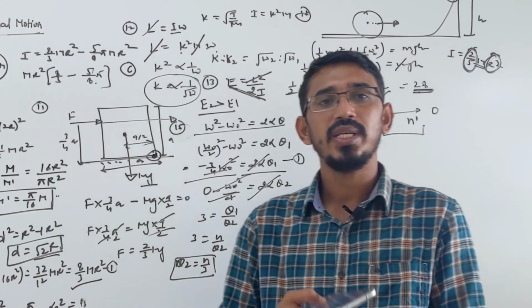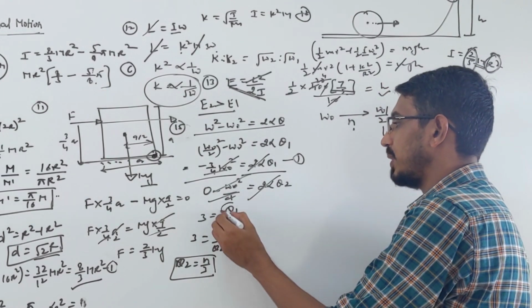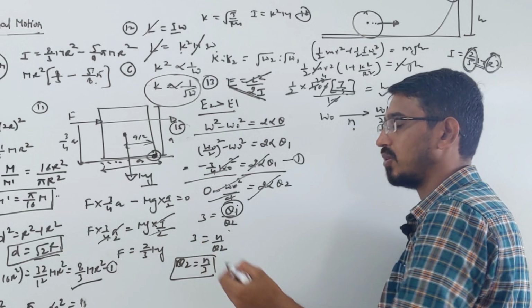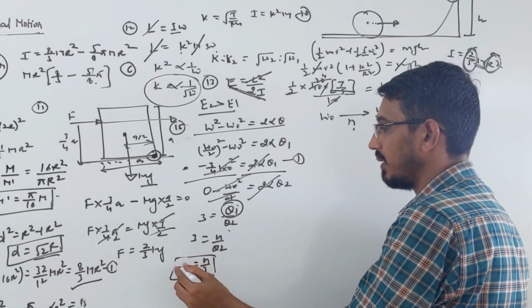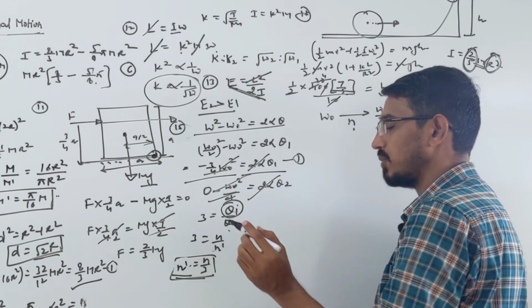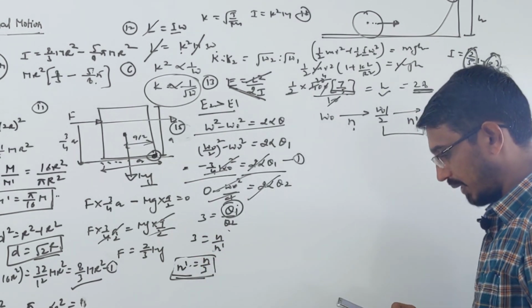Actually number of rotations is directly proportional to angle covered, right. So we are just finding the angle ratio. So in the first case they said number of rotations is n. So I am writing n here, and theta 2 means however many rotations will be here, we can write n by 3, because number of rotations and theta are proportional. Yes, we can write that. So this is the answer of question number 15.